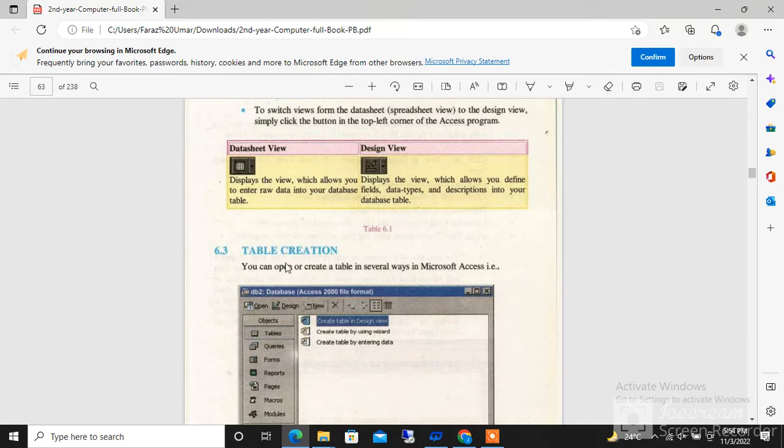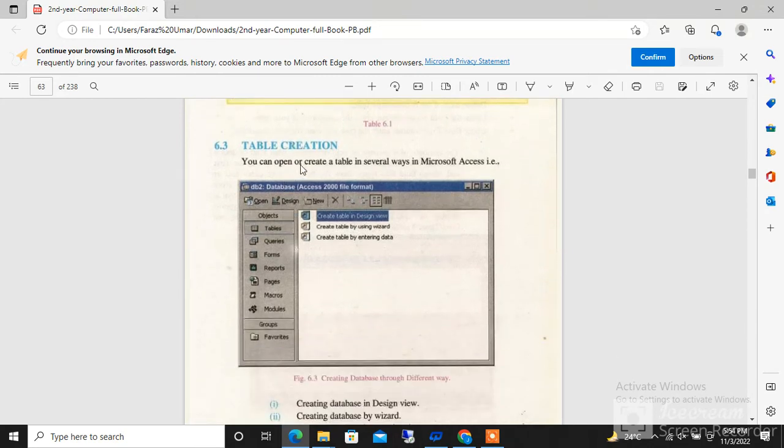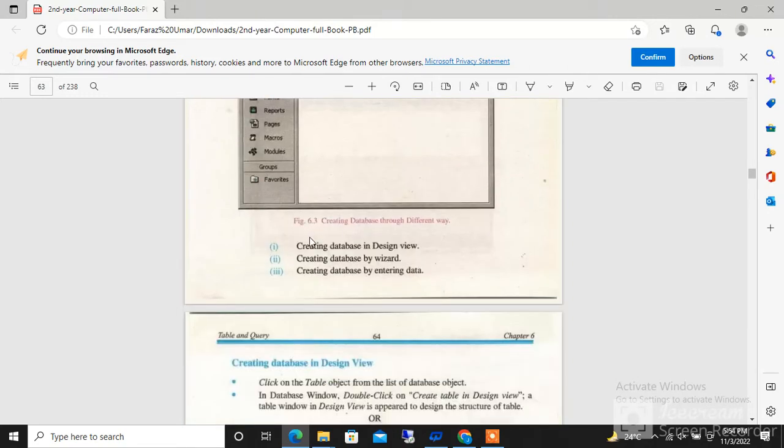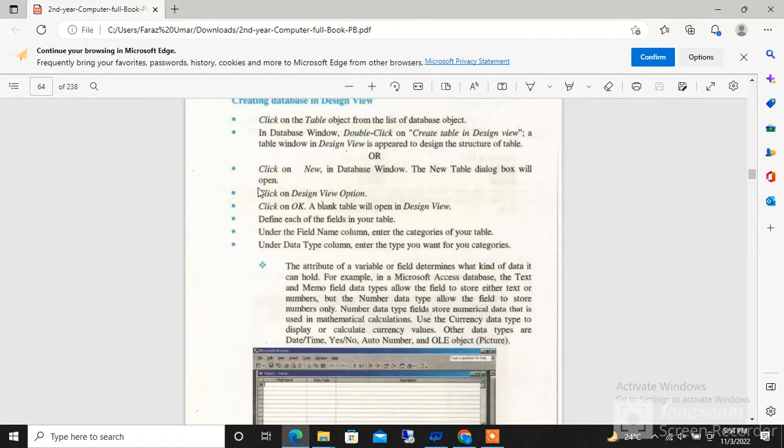अच्छा, ये है टेबल क्रिएशन। You can open or create a table in several ways in Microsoft Access: creating a table in design view, creating a table by wizard, creating a table by entering data। तो